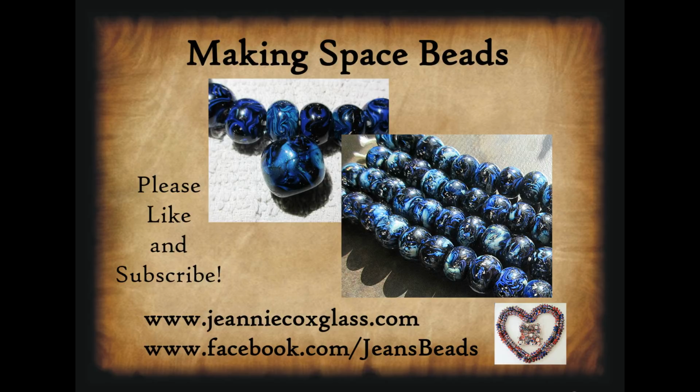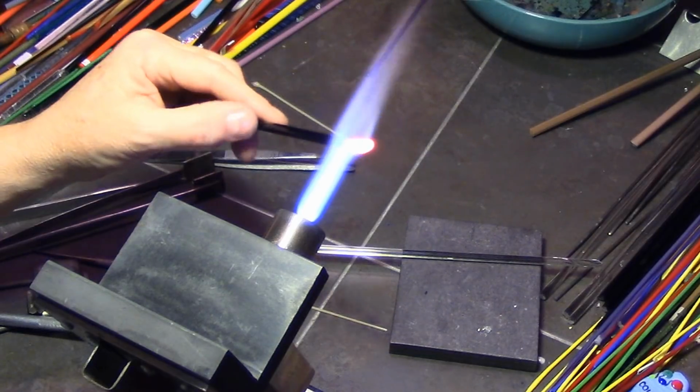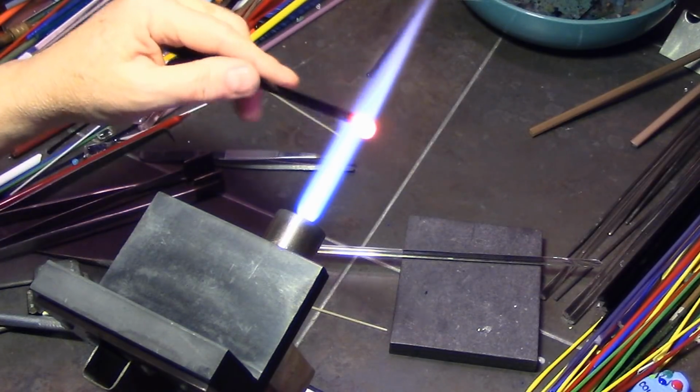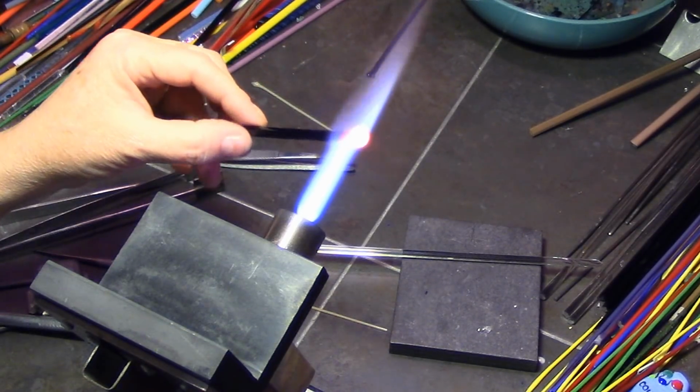I made the larger bead on the top left photo, but it's not a great shot because it's an indoor shot. So I also included some of the beads I made for Beads of Courage, which is a sunlight shot where the beads really pop in the sun, just to show you a comparison of indoor and outdoor. So the first thing you need to do is prep a stringer, and you can vary these to your